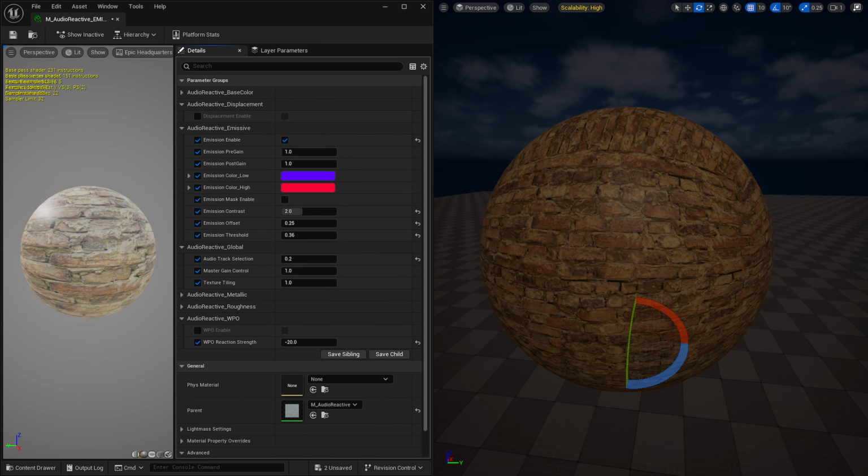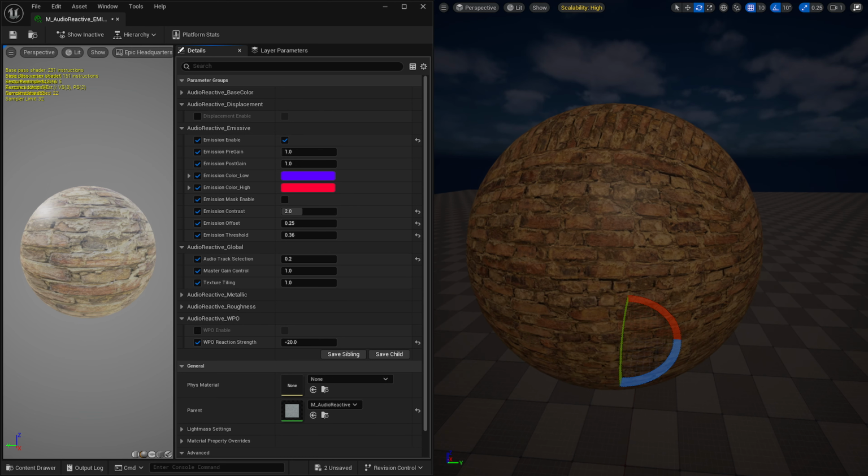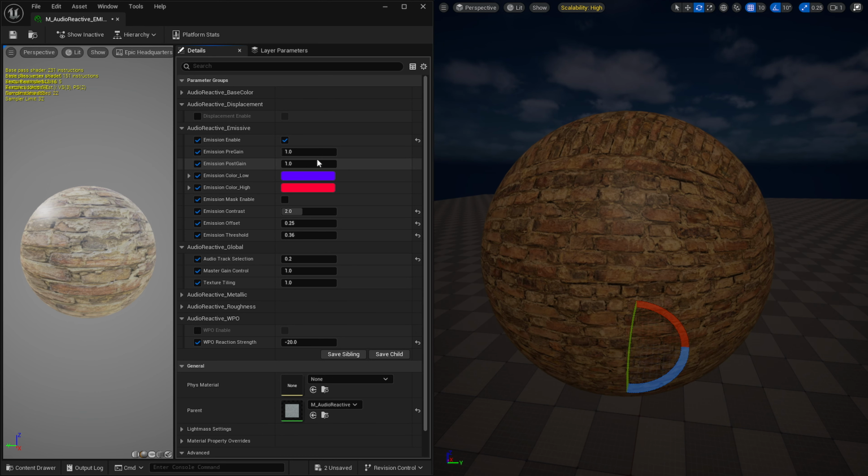Okay, so I'm just going to adjust this material live to show you how I like to work and how I would dial in a parameter while my track is playing. So I'm just going to do Alt S to start the simulation, and with the materials you can just live tweak all your parameters and it won't reset anything. Like it'll work during gameplay, which is nice.